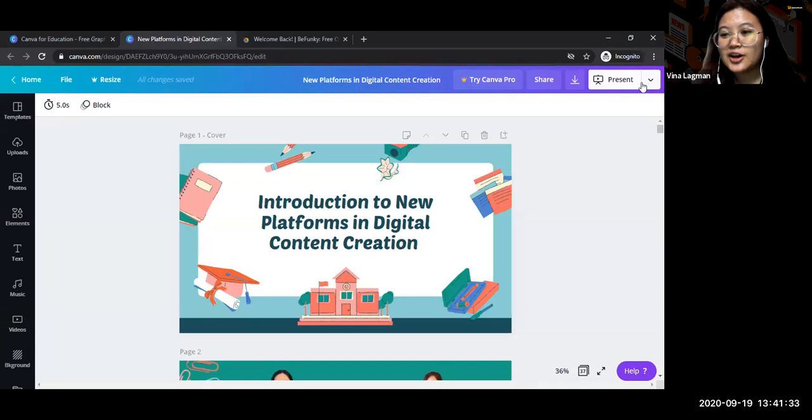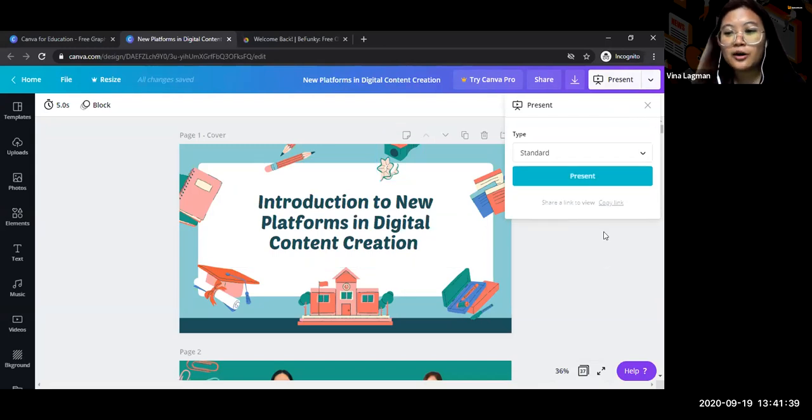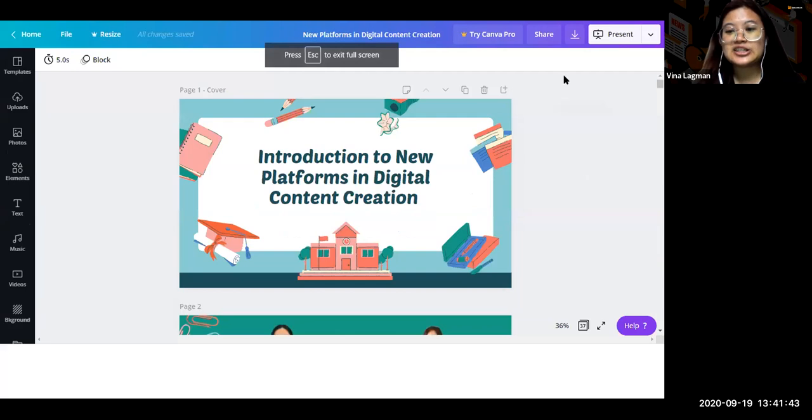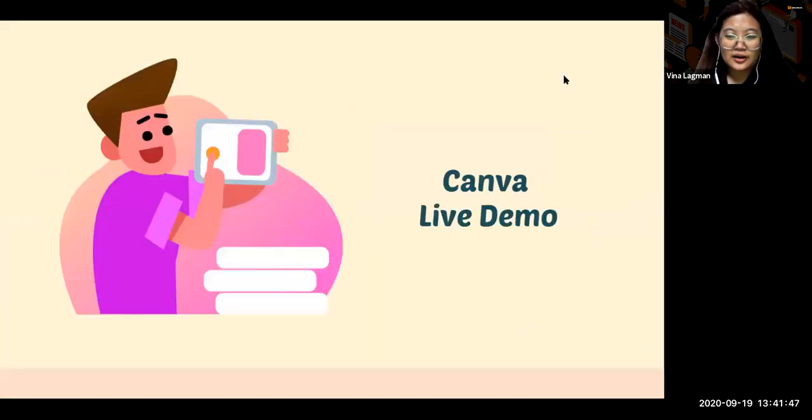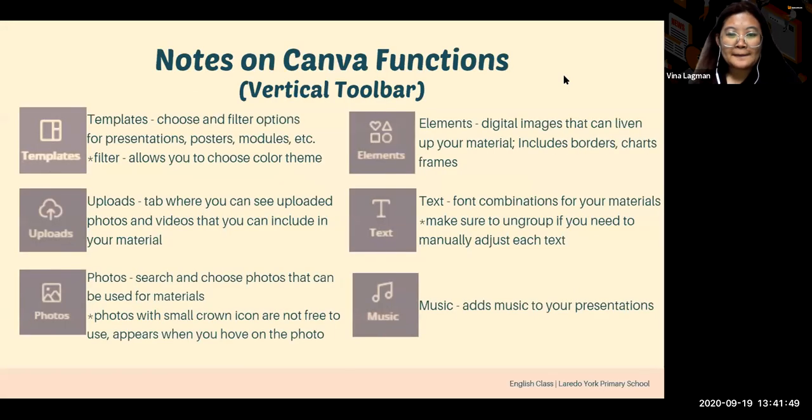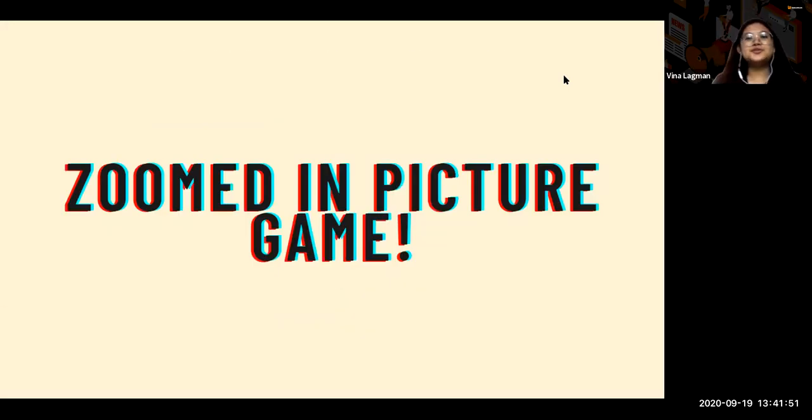present lang natin. No? Ito yung pinakita ni Bea kanina. So, since wala namang cost or pro yung ginamit namin, diretso as present lang siya as standard. So, going back lang on our presentation. So, before we proceed on the second agenda, which is the photo editing 101,